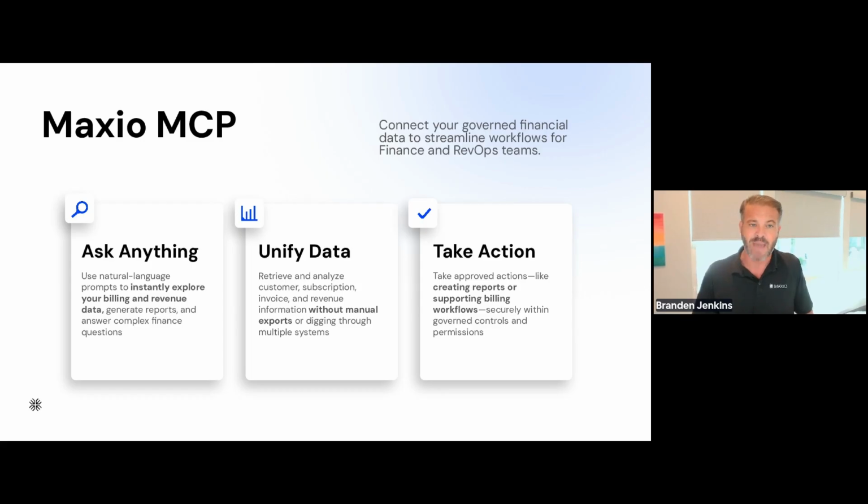Maxio just has this rich set of data that is governed, that is critical to your business. But when I joined Maxio, one of the first things I said is, there's so much powerful data in here. We must unlock this data for our users. We came out with MCP in June of last year in beta. We released it GA towards the fall. And we've also done other things with our data to really unlock the power of Maxio.